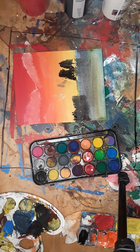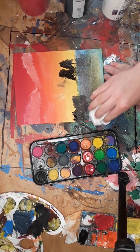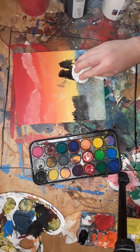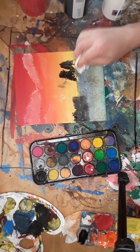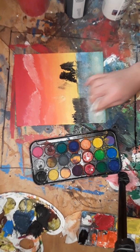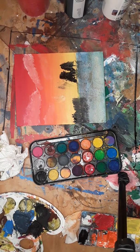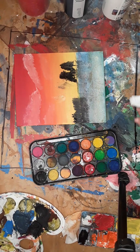Now we're going to take a paper towel, take off the excess from the sides, and just kind of dab it. Look how muddy that is. Not the best work. We're going to dab, let it dry. Back in, we're going to use just a 3/4 this time. We're going to dry it off. This is probably not the best paintbrush right now, but it's going to work just fine. We'll go back in here, here,